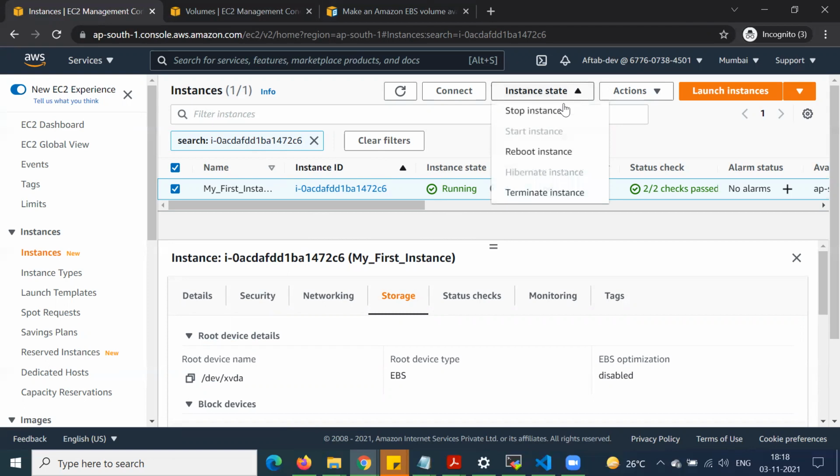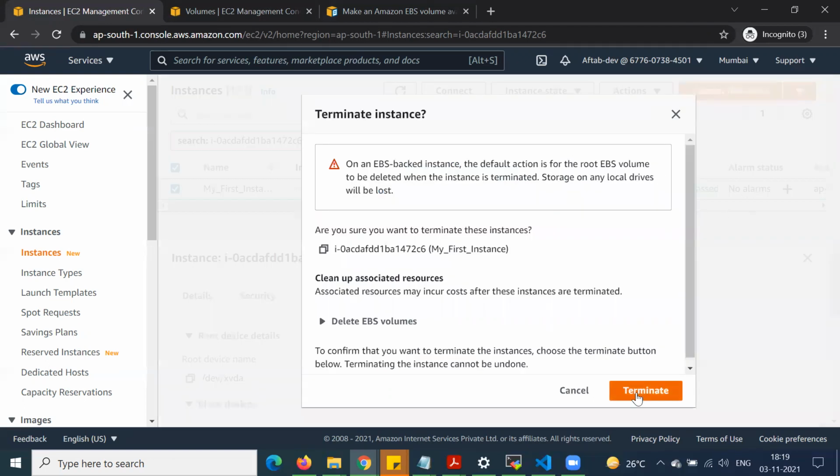So guys, once we go here and click on terminate, it will give you some kind of terminate instance instruction. Once you are going to delete your EC2 server, the default action is that the root EBS volume will be deleted, right?